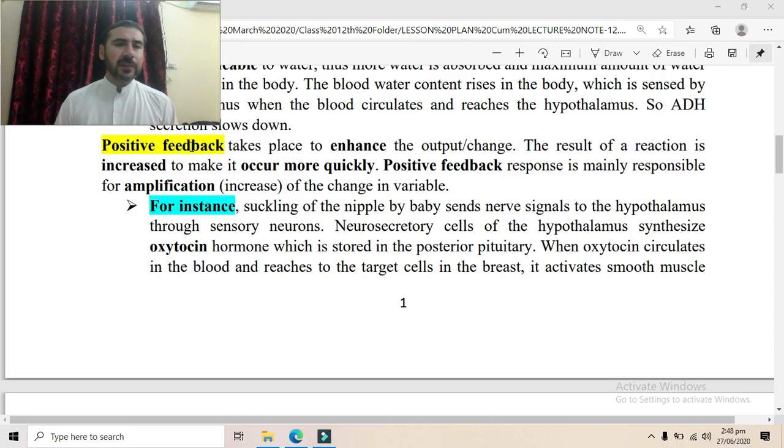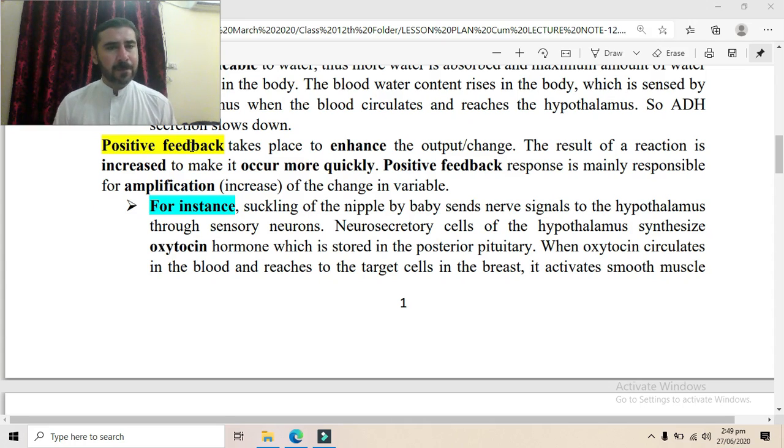Wherever the oxytocin hormone reaches the target cells in the breast, those cells are activated. As a result of the oxytocin signal, the target cells release the milk, and that milk is sucked